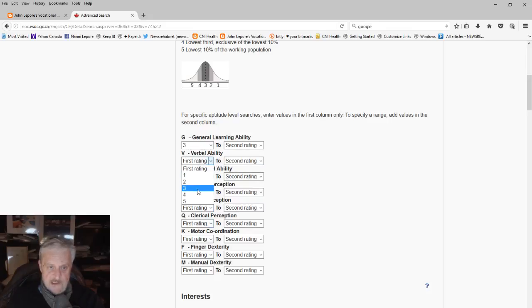So we place 3 here, 3 here, 3 here, 3 here, 4 here, 3 here, and 3, and as well as 3 here. This is the second column, and we want to give a range so that we can have an expanded more options